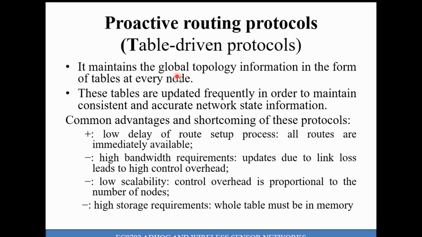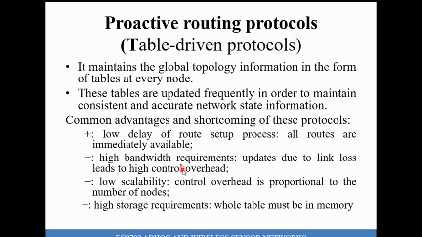particular network maintains its topology information in the form of a table, and in order to update the table, frequent exchange takes place among the nodes. When we compare with other types of protocol, the table-driven protocol has some advantages as well as some shortcomings. The advantage is that because the information is readily available, the delay is greatly reduced. Because the updates are needed on a frequent basis, it consumes more bandwidth and it has high control overhead.